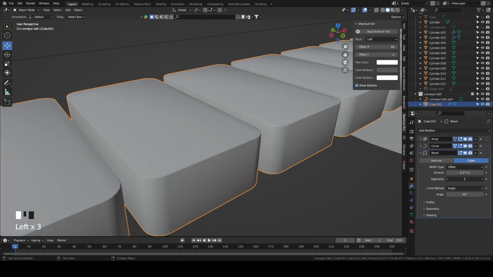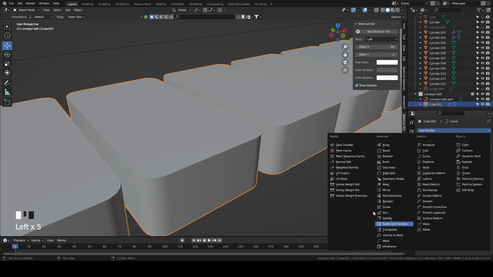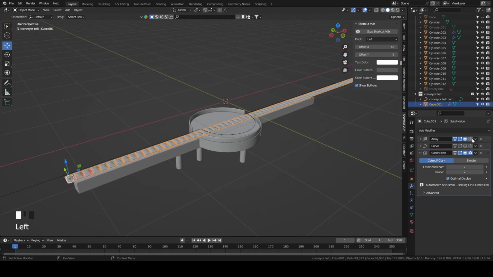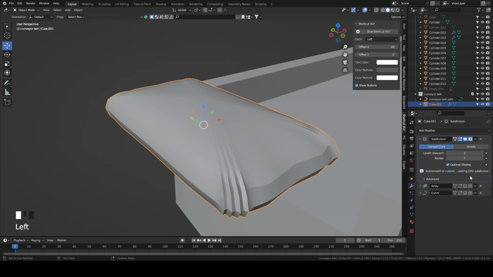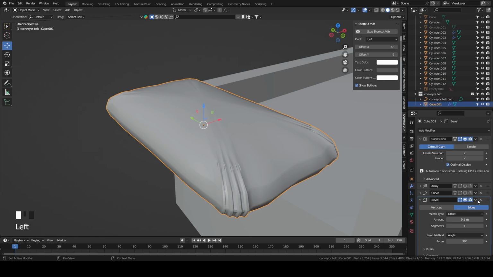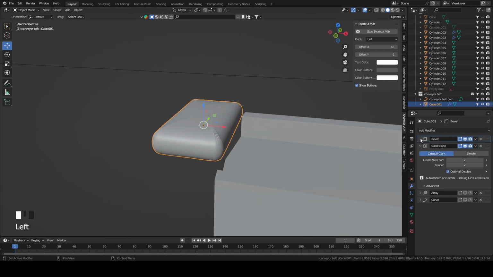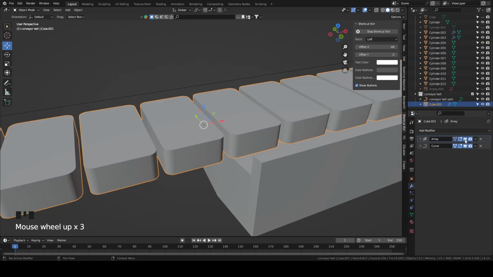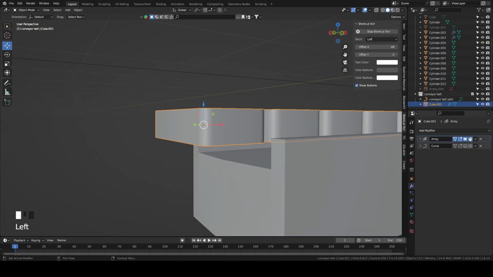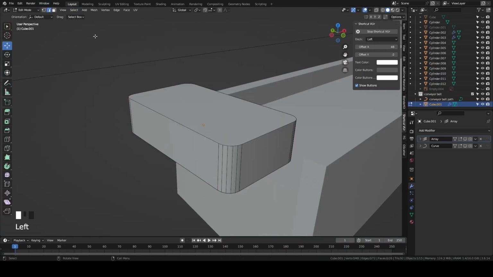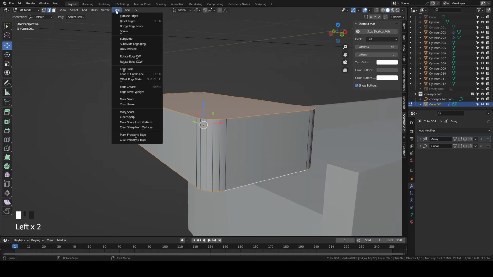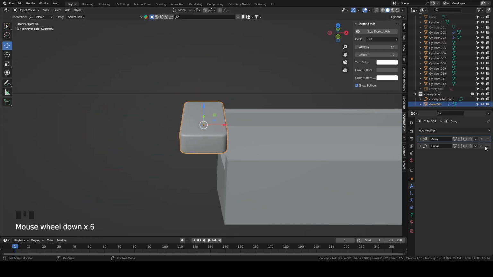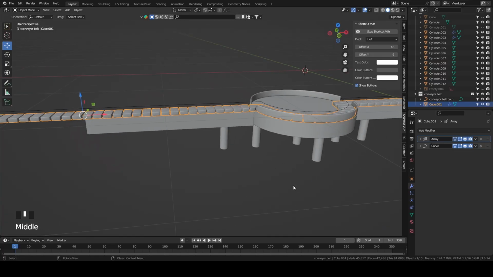I wasn't gonna manual bevel this, but oh, let me see. This is gonna be way too heavy for my PC though. This is so fun. You know what? Let's just do this. So we'll look a little bit more rounded. Okay, now. Sorry for disabling it so many times, but